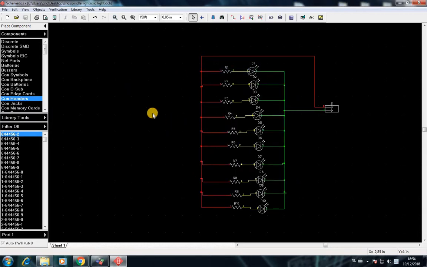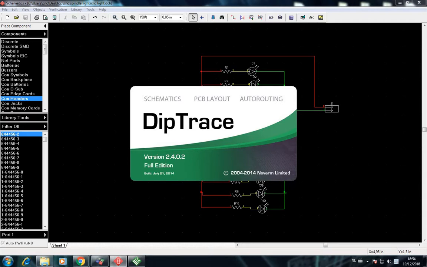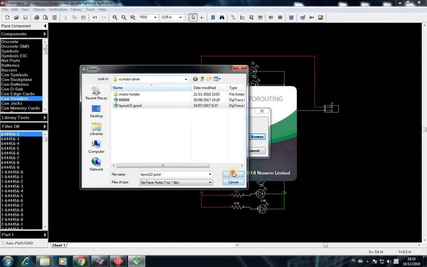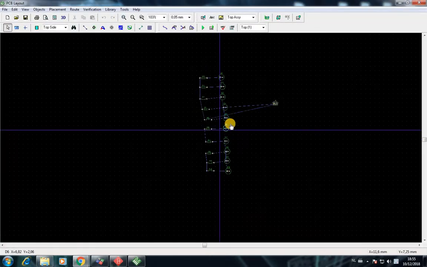Save it, and then I'm gonna press Control B. And then I'm just gonna choose previous rules, and then okay, and here we go. Okay, so